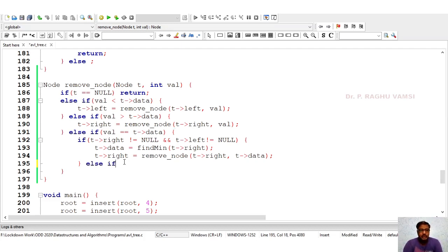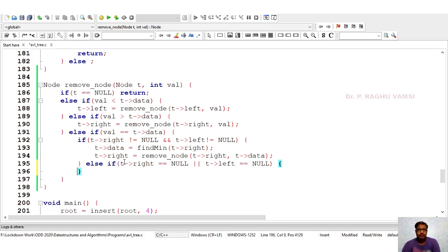Next, else if t right equal to null, or t left equal to null, that means it may have either t right or t left. In such cases, always the left subtree should be attached in place of the removing node.